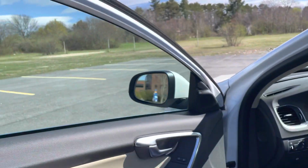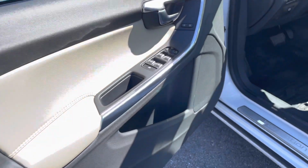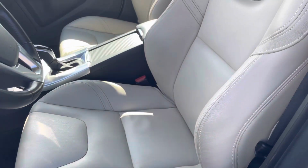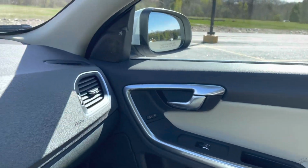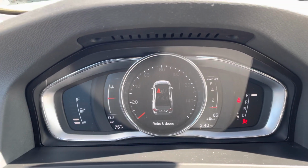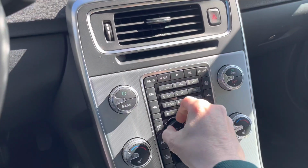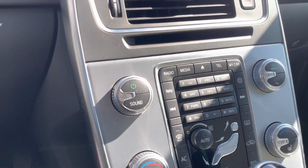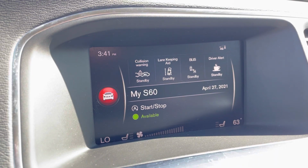This has the upgraded Harman Kardon stereo system, memory seating for 3, heated steering, heated front seats, shows up there. This does have navigation,